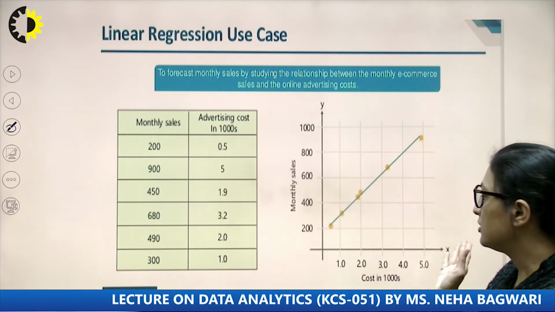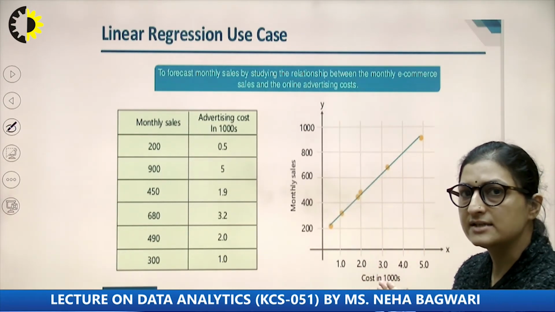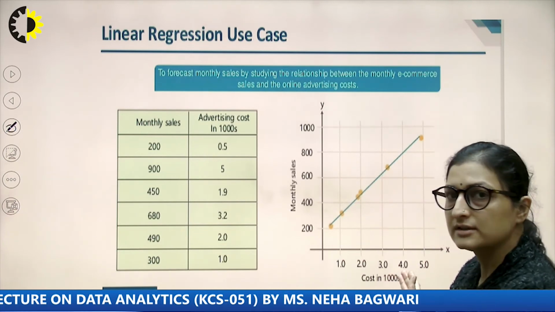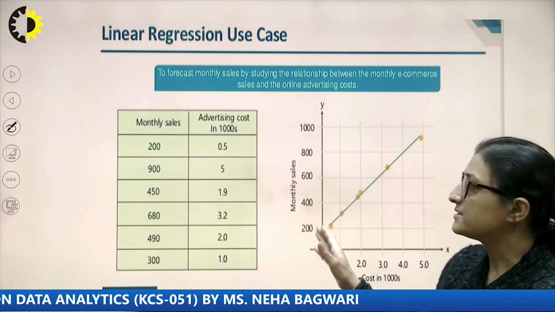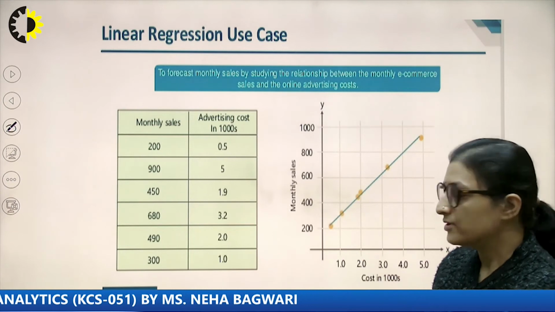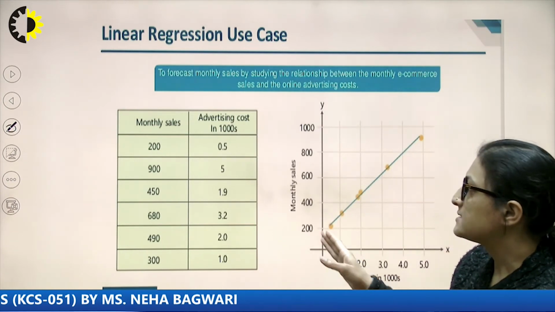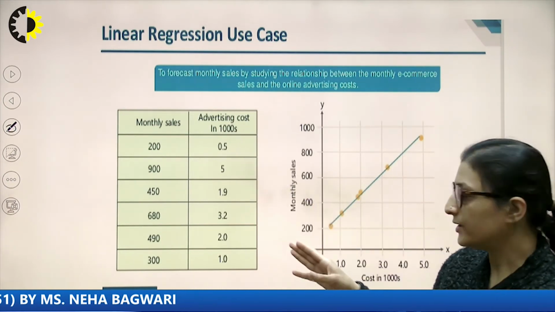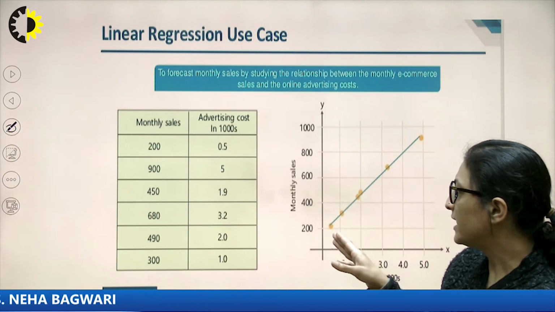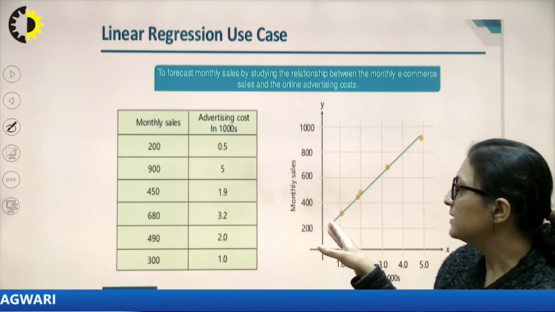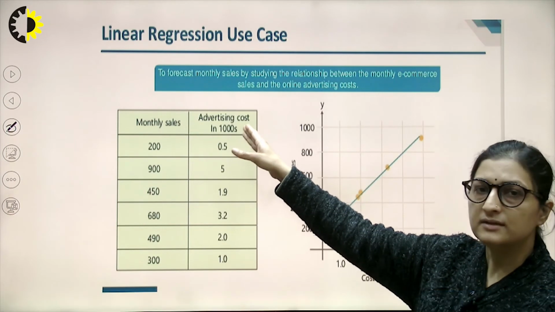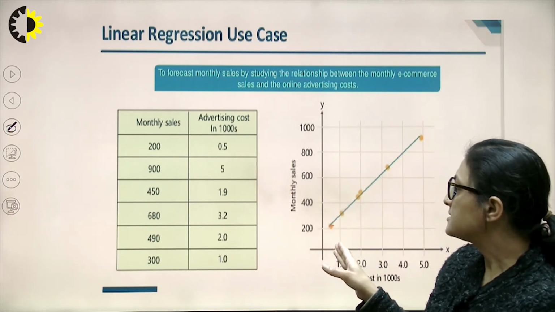Along the x axis I have the advertising cost in thousands, and along the y axis I have monthly sales. This is in thousands, so scale it to 1000.